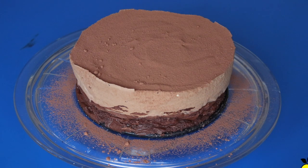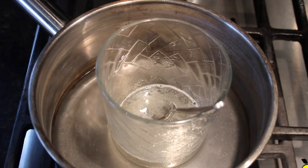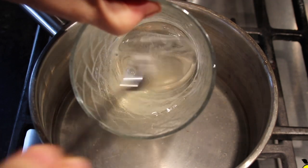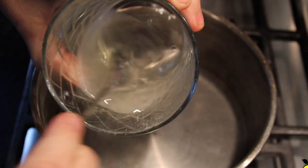Now for step 3, we're going to make the super easy chocolate mirror glaze. By now you're probably getting quite familiar with how to make the chocolate truffle recipe, so make the 3rd and last batch. While you're making the chocolate, dissolve the 2nd packet of gelatin in water and let the gelatin bloom,